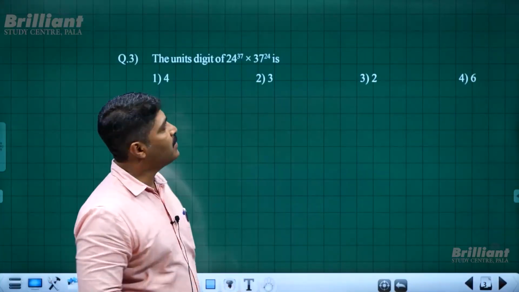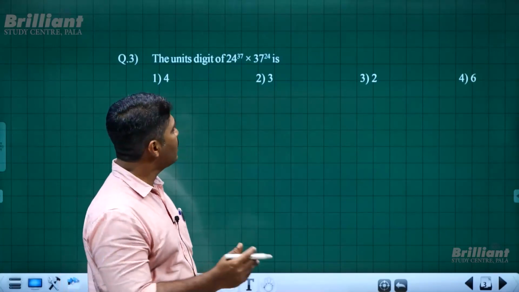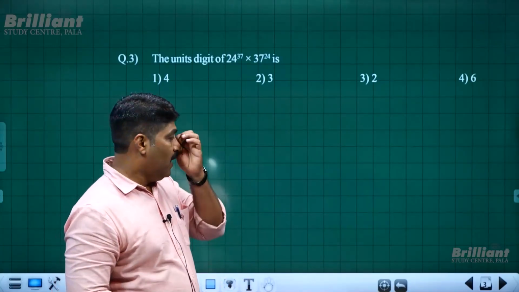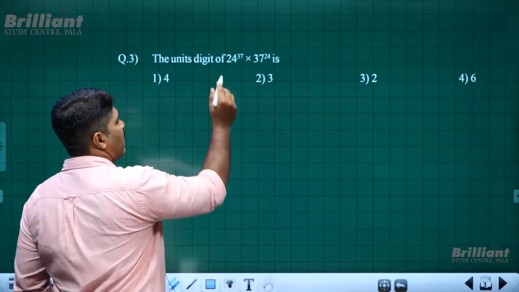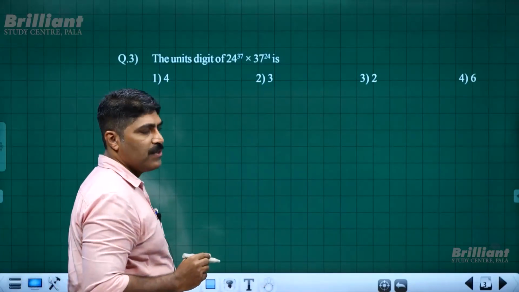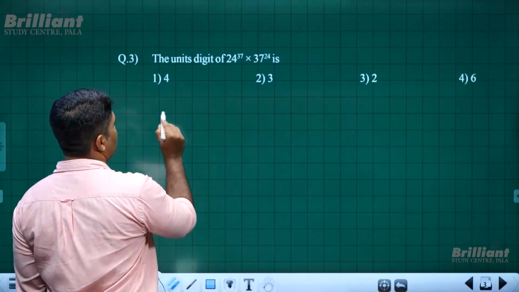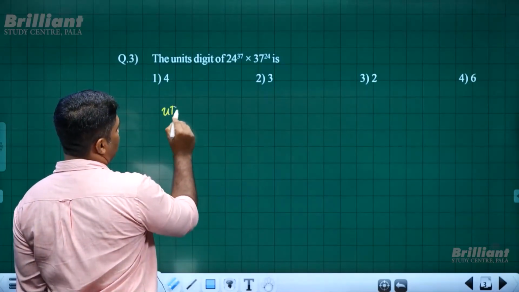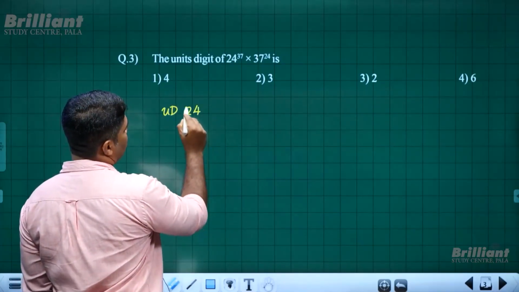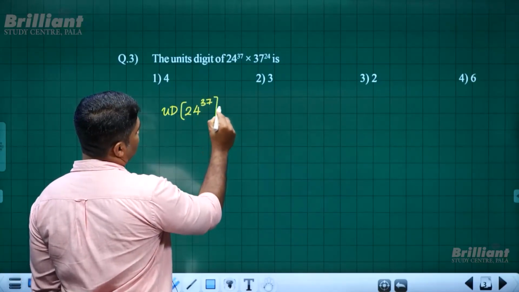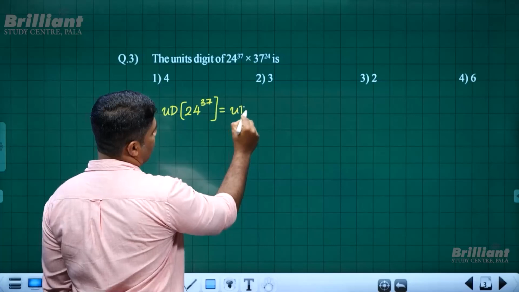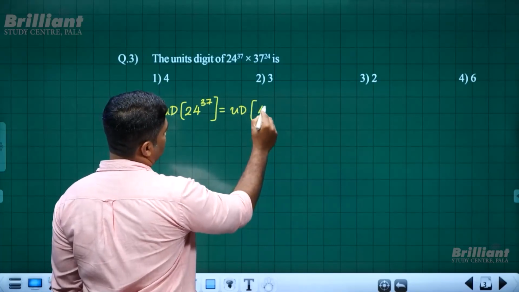It's another unit digit concept, which we applied already in the previous question. The same concept is applicable here. First we are considering what is the unit digit of 24 raised to 37. First of all, you have to understand this is the same as the unit digit of 4 raised